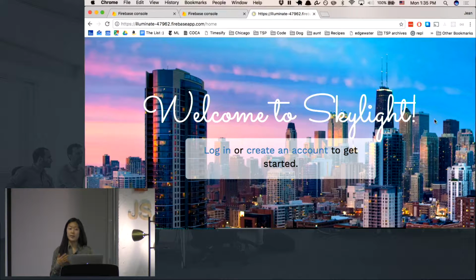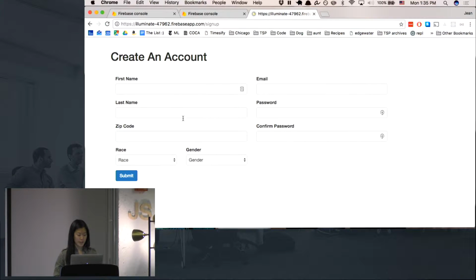and then get back a salary range for that job in your area, an average salary, but also filter based on race and gender, so that you can see if there's any pay inequity or if there are any trends based on either of those factors. When you create an account, you just provide your zip code and race and gender as well